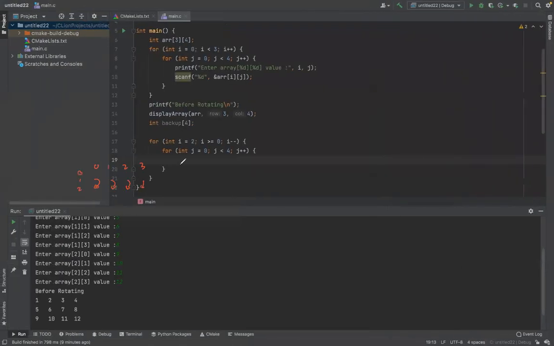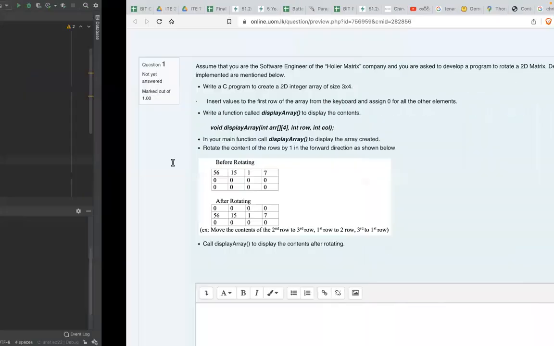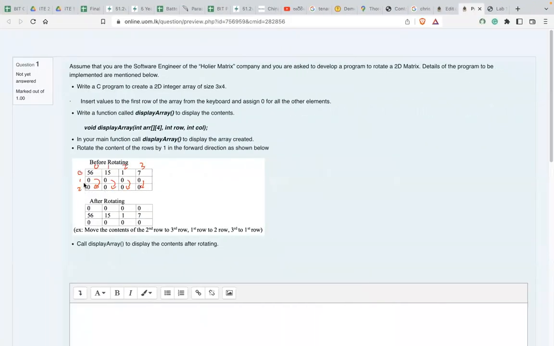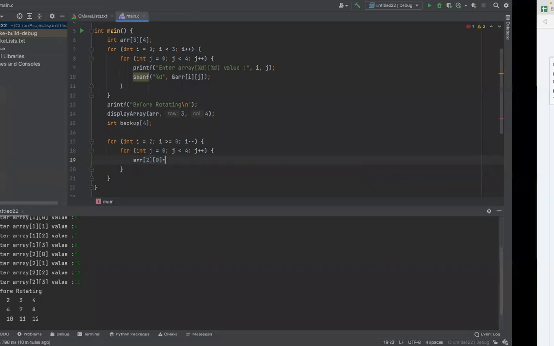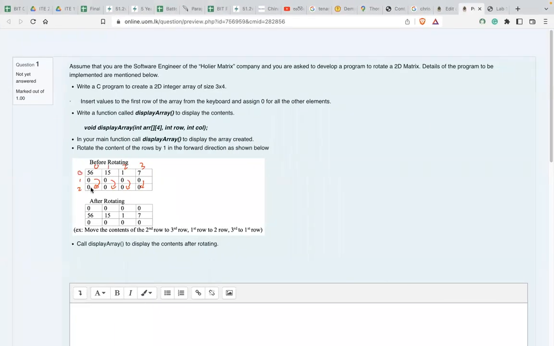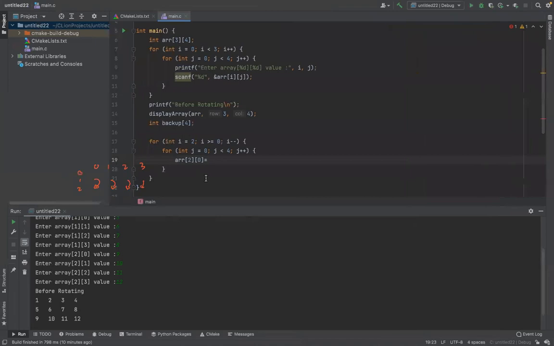Okay, that means you know that you can simply do this one. This last one is array 2, 0 location. That means the array 2, 0 location value is equal, that means the 2, 0 value, this one, equals the 1, 0 location. This is 1, 0. Array